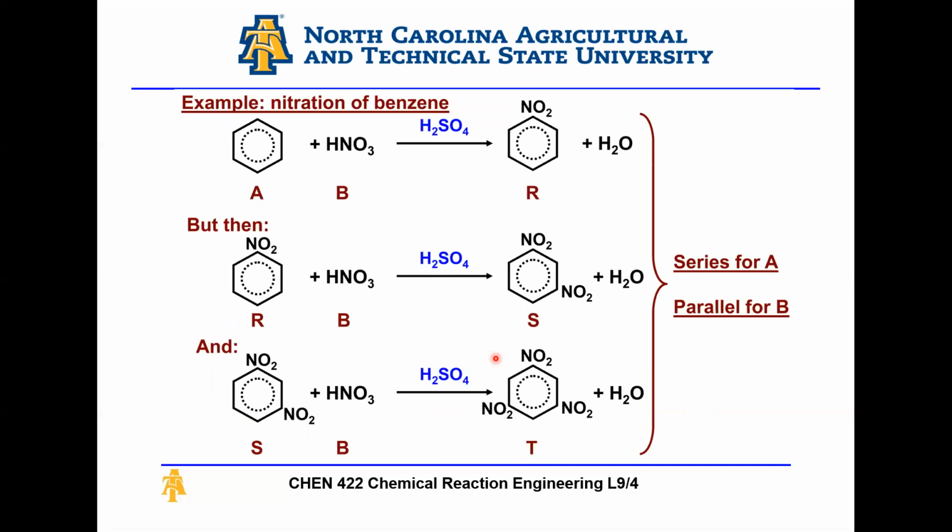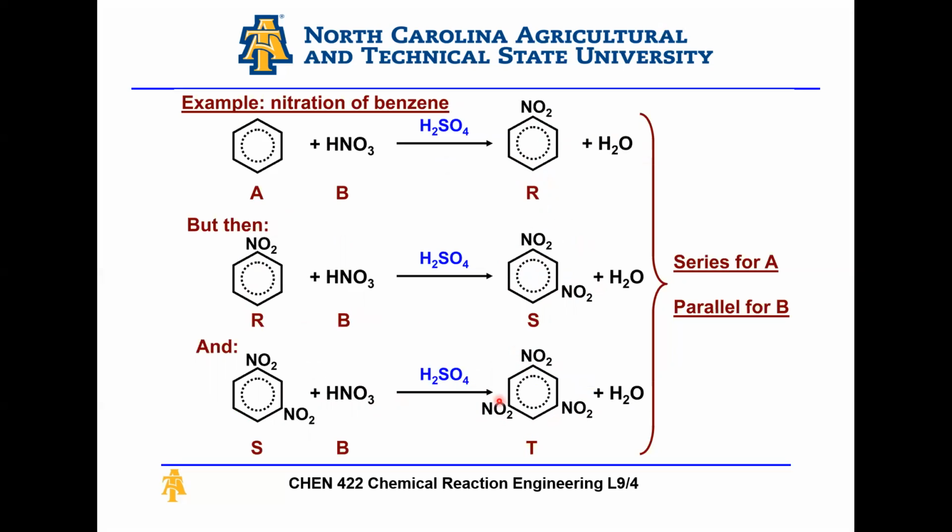So let's take some examples just to give you some realistic or common types of reactions. So here I have nitration of benzene. I have benzene reacting with nitric acid in the presence of H2SO4. This reaction usually occurs at 50 Celsius, something like that, not too high of a temperature. I get nitrobenzene, which is a common solvent, plus water as a byproduct. However, nitrobenzene will still want to react with more of the nitric acid to give me dinitrobenzene, right? I get NO2 at both sort of edges of the benzene ring. And again, this will still want to eat up some more of the nitric acid to give me